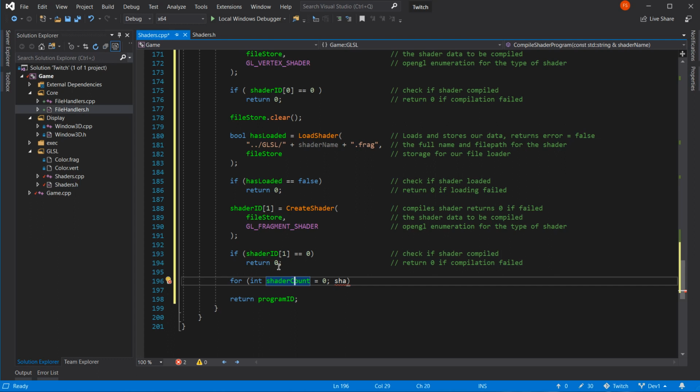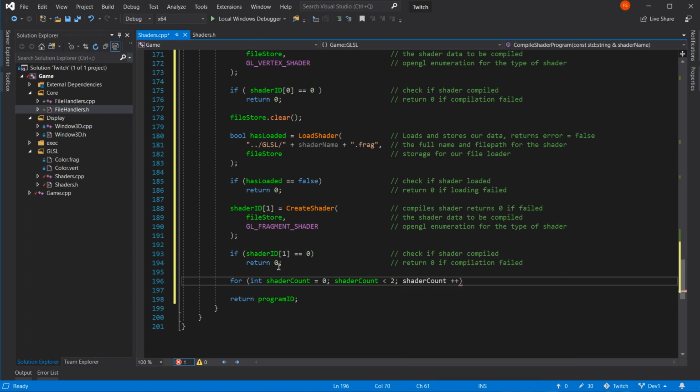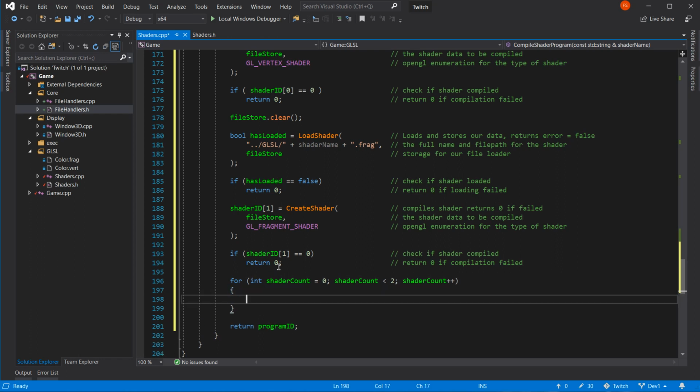Doesn't matter on this one. Shader count is less than 2. Shader count plus plus. Looks good. Looks very good. We'll take that for a ride.